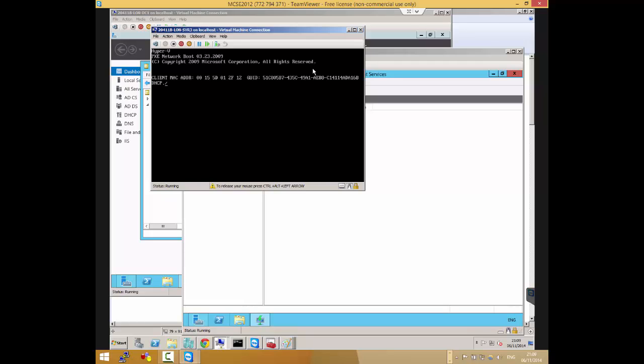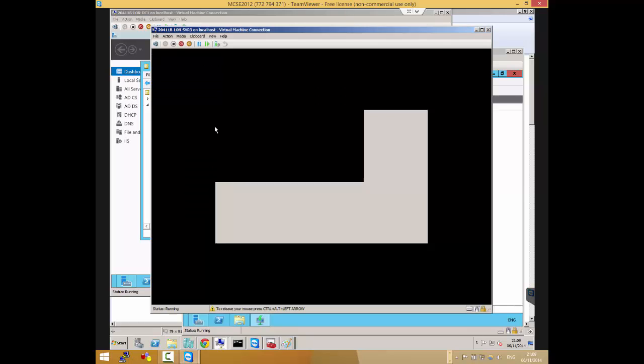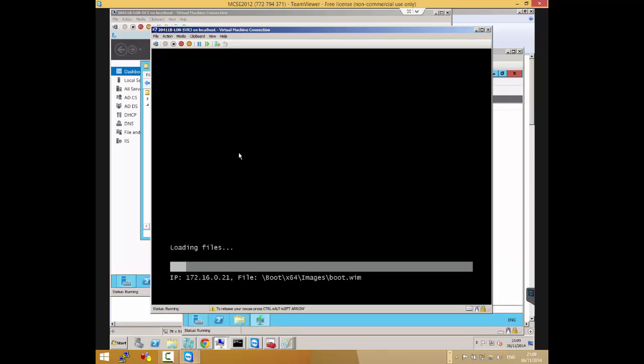So, yeah, it gets an IP, F12. Okay. So you see this file. Yep, there we go. You see, it's really simple and straightforward. Just make sure you have your boot image or install image, have your multicast transmission, and set your PXE server to respond. If you want it to be only known computers, make sure you pre-stage them first, the way we did, and then go ahead and start them.